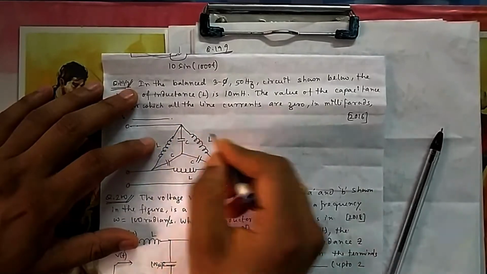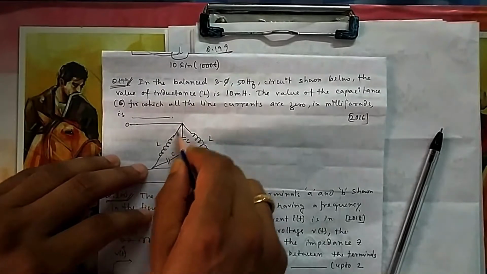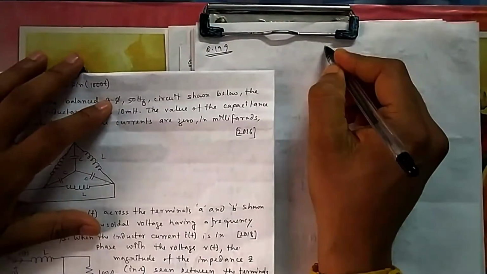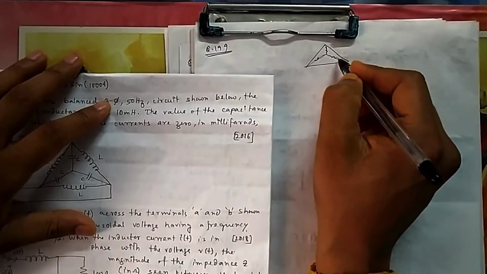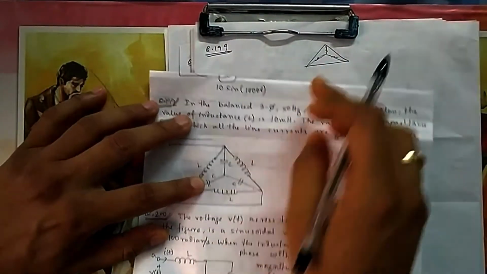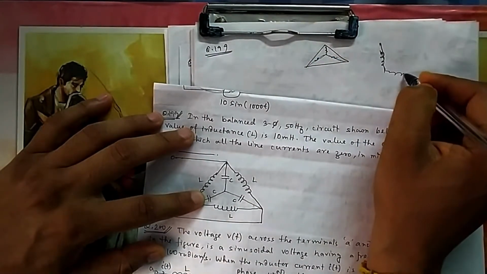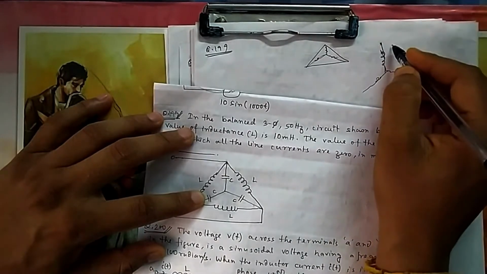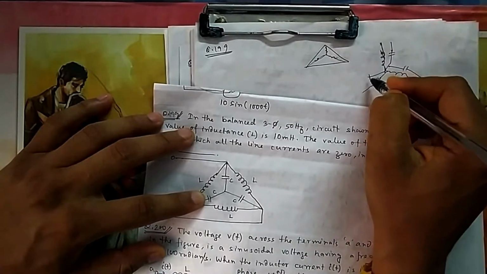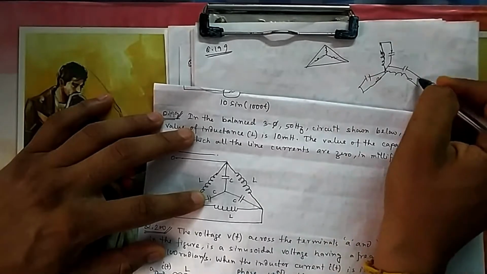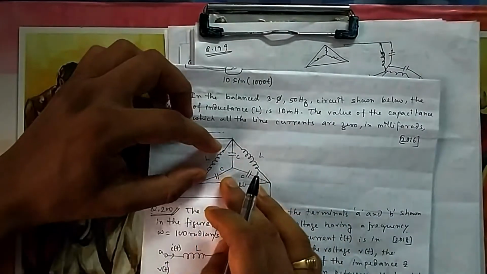So if I convert that delta into star, what will happen? C is already there, then one L, extra L will come, because this L I am converting into star, something of this fashion. So already there was another star, the capacitor was already there. So what will happen? This capacitor and this will come in parallel, and this will be R, this will be Y, this will be B. Because there is already capacitance, now you convert it into star.